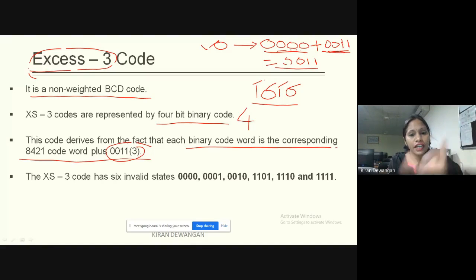Because for each individual 8421 code, we are adding 0011, that is plus 3. 0011 is nothing but the value 3. So we'll add 0011 to the individual 8421 code, and whatever we get will be the XS3 code for that decimal value.